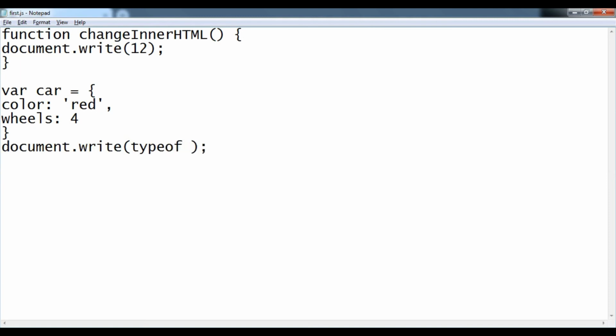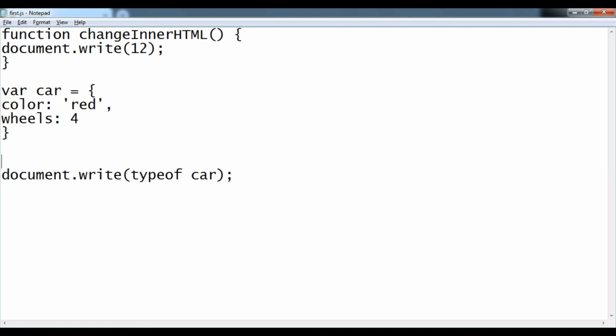Okay, now let's talk about null. Null is a value which is nothing or does not exist. If you don't want to assign any value to your variable like a string, number, or boolean, but also do not want it to be undefined, then you can assign null. Funny enough, the type of null is object, because this is also inherited from object. You can think of it as a bug of JavaScript.